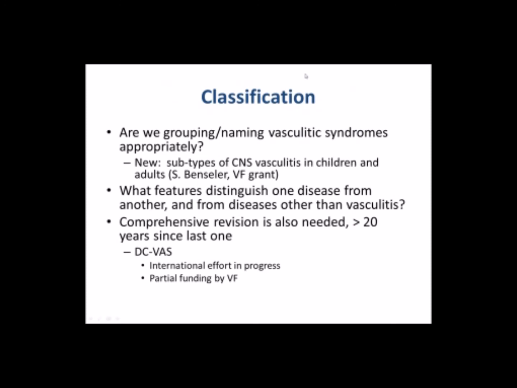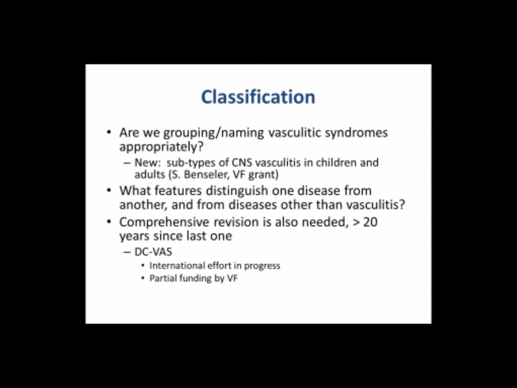So now moving on to the classification of diseases. Some of you might be aware we've already renamed a couple of them, which can be confusing to patients, although the names are well chosen and they were done for good reasons. We really need to know in the bigger picture, do we really know what these diseases are? And there has been an advance recently, actually, just establishing that there probably are, that central nervous system vasculitis in children is probably more than one thing. In adults, it's probably more than one thing. This is a very difficult disease to study, and there are only a few centers that see enough patients and have enough pathology tissues to go through, but there are groups that are highly dedicated to doing that.